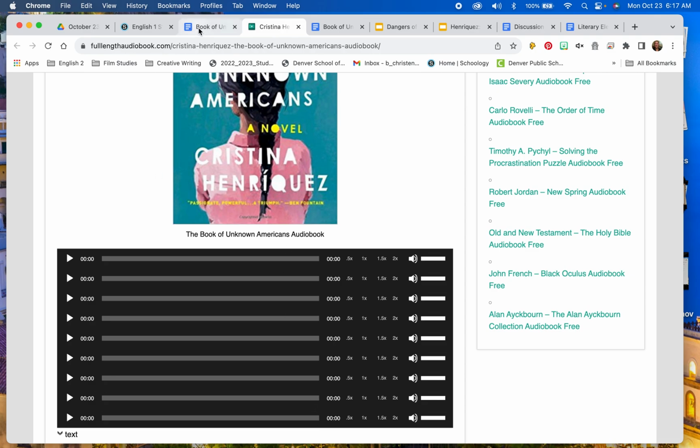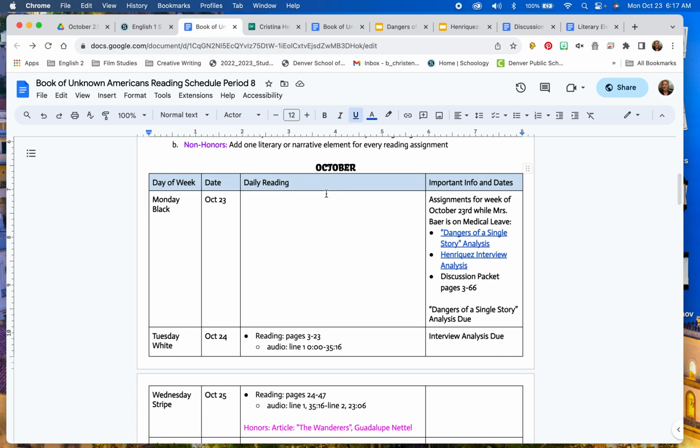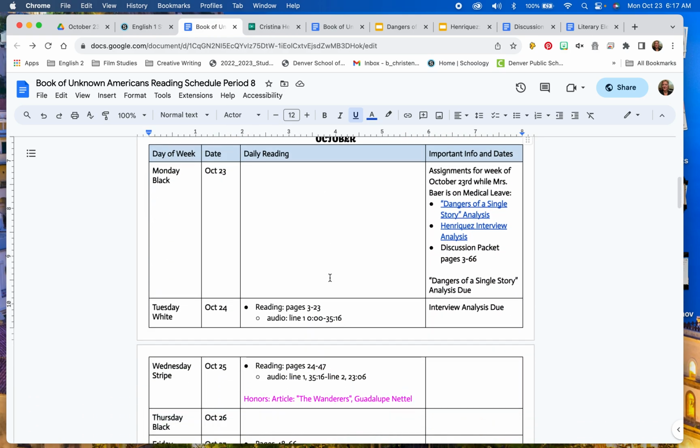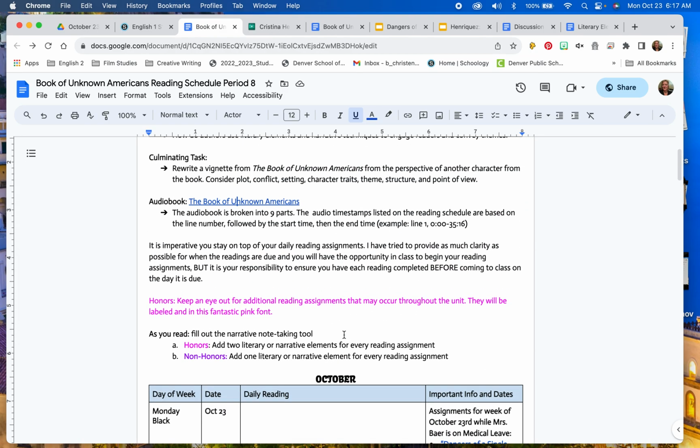And so, what Miss Strovink and I are doing is placing the audio timestamps into the reading schedule based on the line number and the actual time of when the audio starts and when it finishes for the assigned reading.